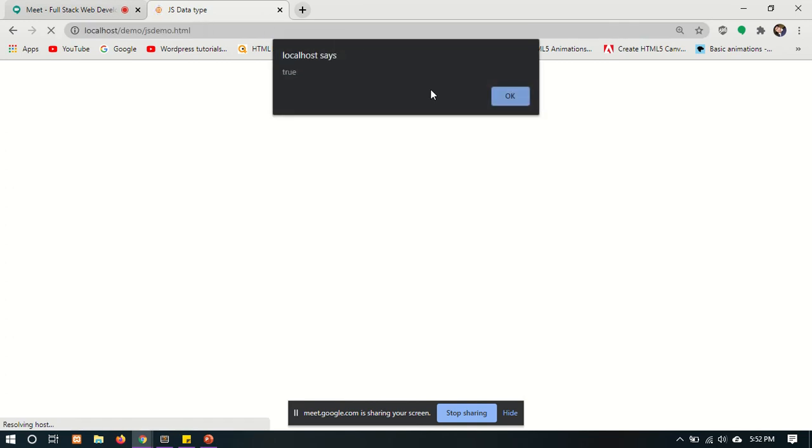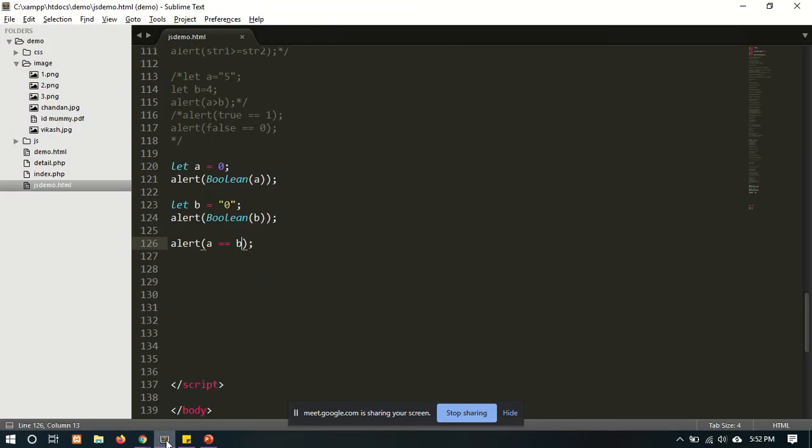Then the value of b is 0. Then it returns true because both values are 0. The value of a is 0, the value of b is also 0, means false, false. The value of a and b both are false, 0 and 0 both are false. So it returns true: a is equal to b.